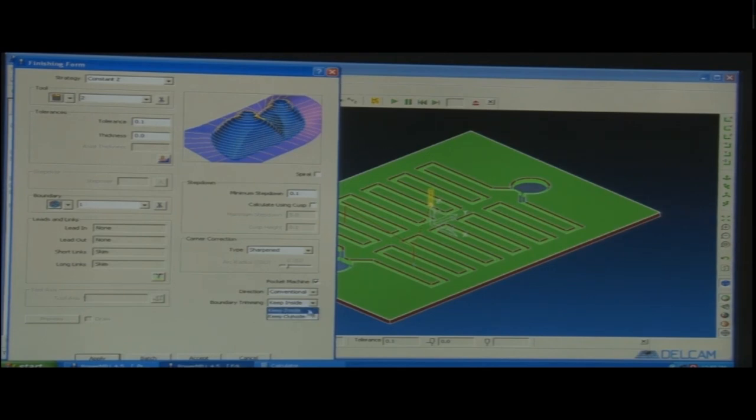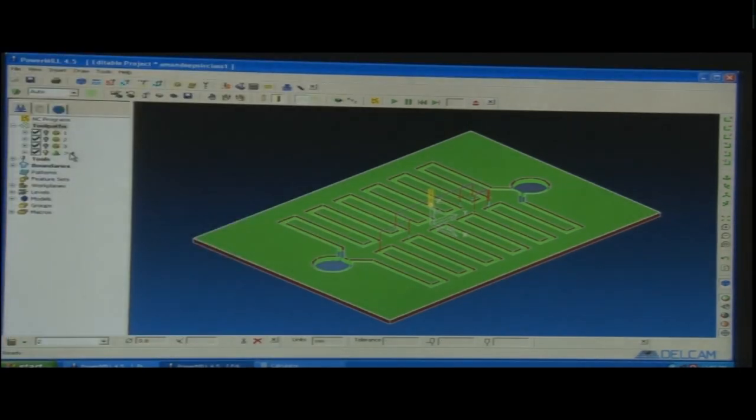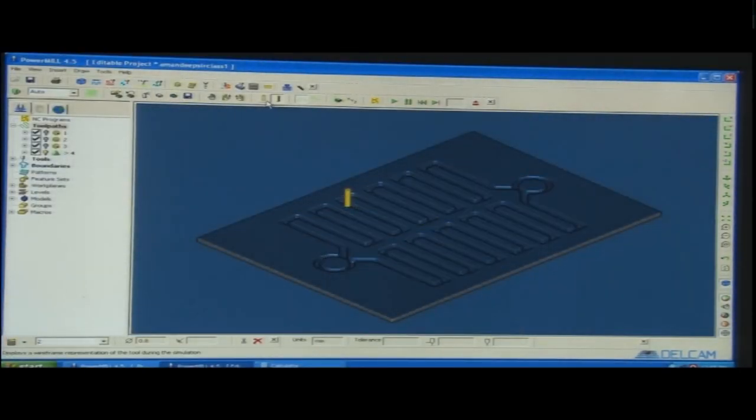What is boundary trimming? We have already selected the block here, this block form is there. To which side of the block do we need to keep the tool? See, I will put keep inside. If I put keep inside, it will keep the tool inside the block. If it says keep outside, it will keep the tool outside the block. So, this is to be selected properly. When we say boundary, boundary barricades are there, it has to remain inside those barricades. So, this is finishing form.